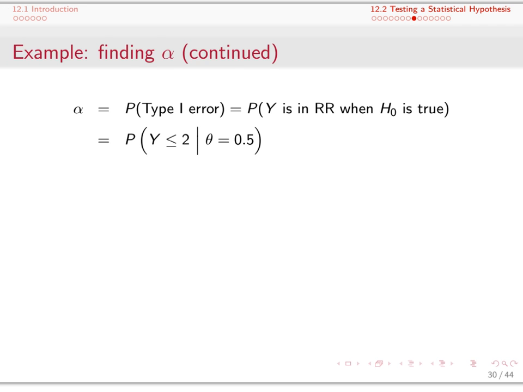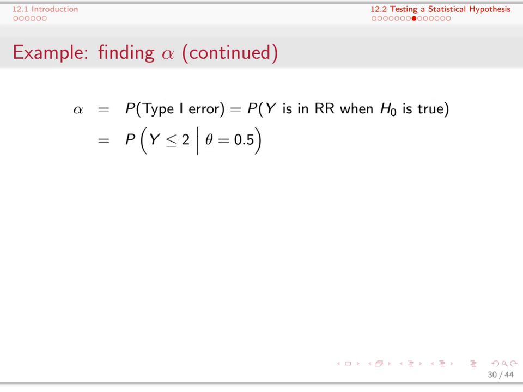So alpha, remember, is the probability of a type 1 error. And a type 1 error is when we reject the null hypothesis when in fact it's true. That corresponds to our y value being in the rejection region while the null hypothesis is true. So that means for us, our alpha is equal to the probability that y is less than or equal to 2, that's what it means to be in the rejection region, given that theta is equal to 0.5 as hypothesized